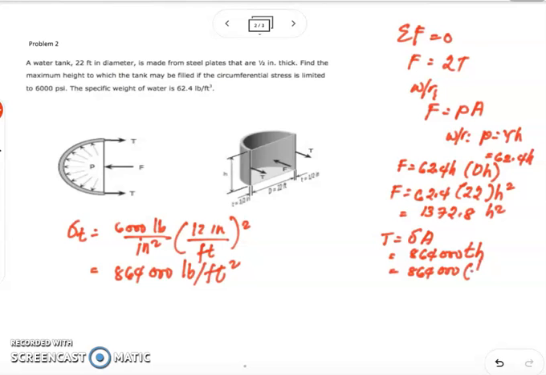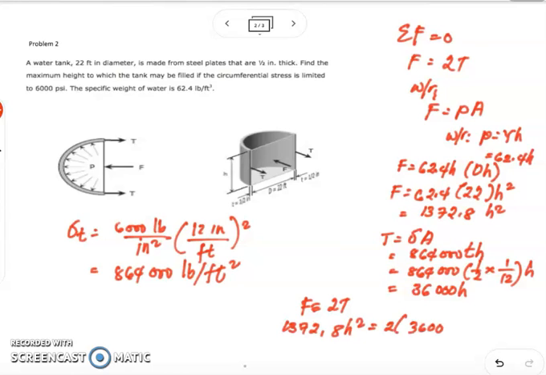So 864,000 times 1/2 inch times 1/12 conversion to feet times H. We get the value for T, which is 36,000 H. So therefore, from our equation, F is equal to 2T, we simply substitute: 1,372.8 H squared is equal to 2 times 36,000